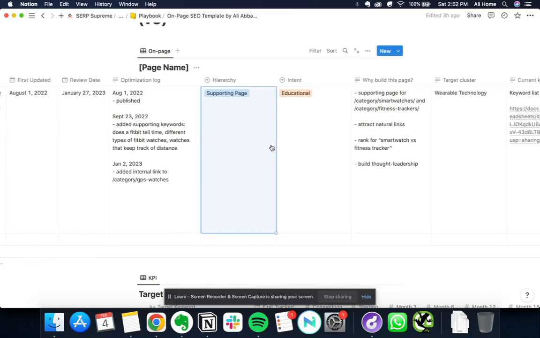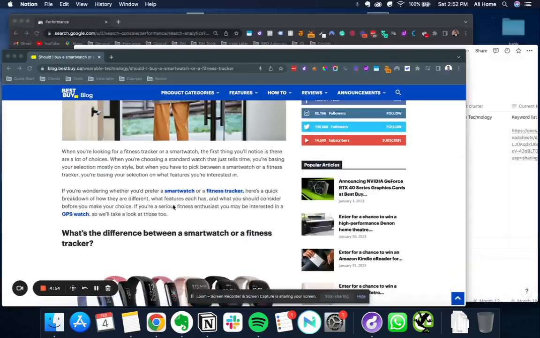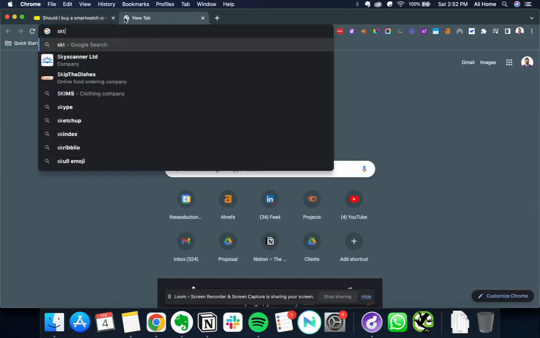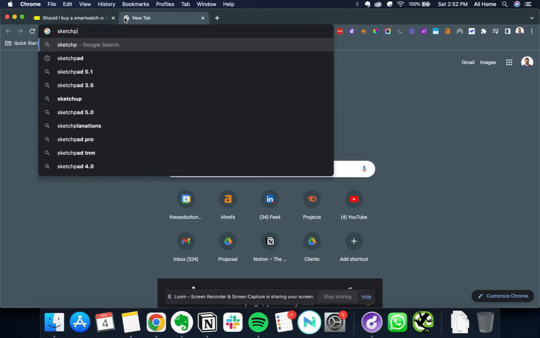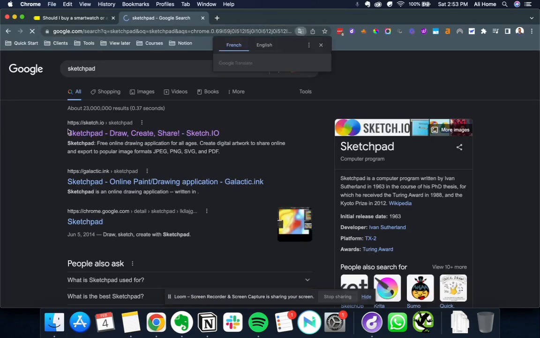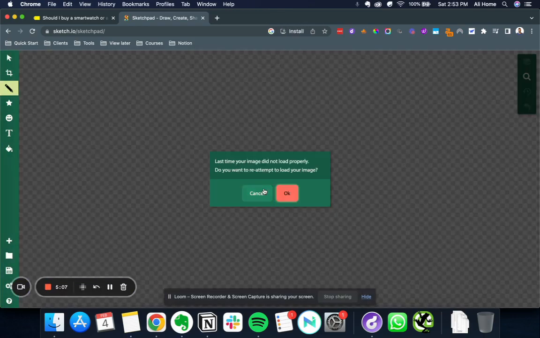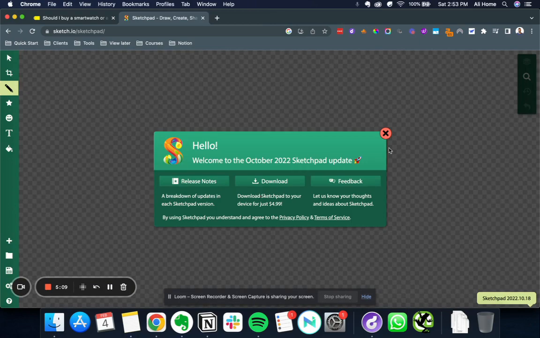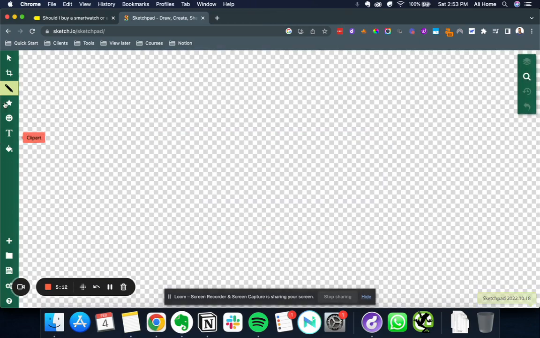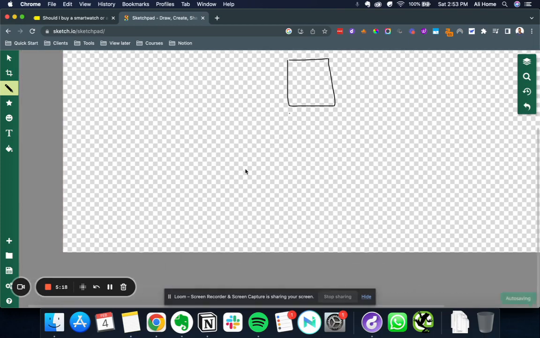And by the way, if you're working on your own website, you already know which ones are your supporting pages and which ones are your key pages. So for example, you're working down a hierarchy. So let's just say, for example, you have your home page, then you